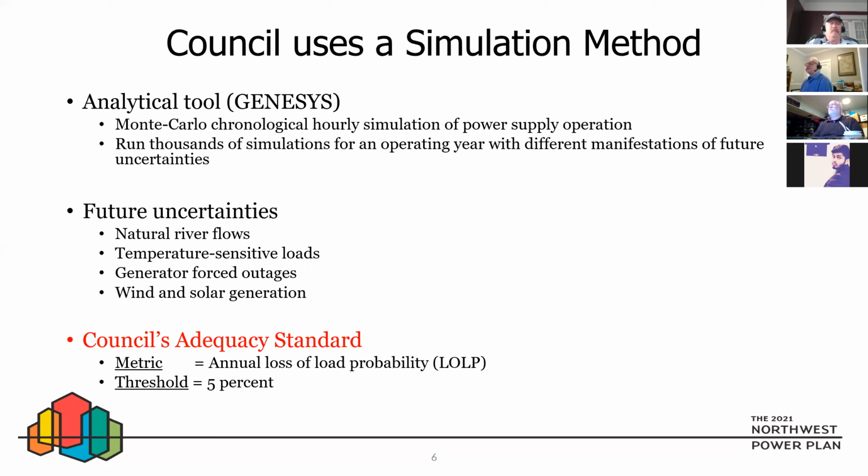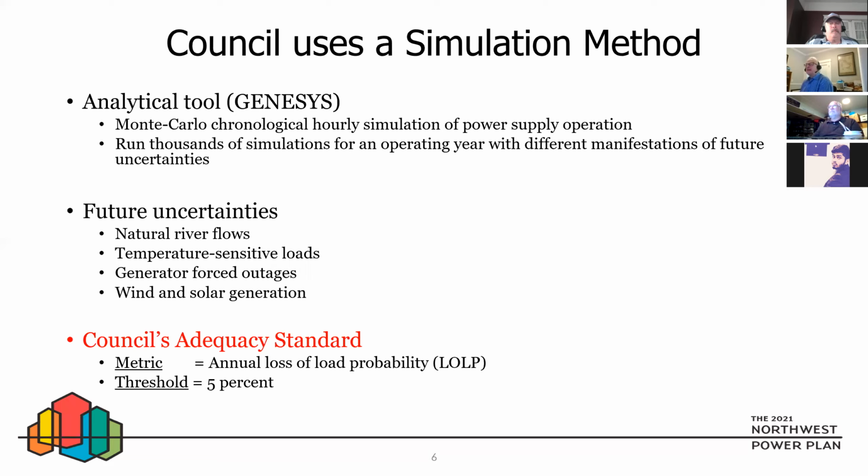But we run thousands of simulations for a particular future operating year, and it's an hourly simulation. Every time we run the operation of that year, we pick different combinations of future uncertainties. Those uncertainties are natural river flows, temperatures, and loads, obviously, generator forced outages, and different wind and solar generation patterns. And so we often run like 6,000 simulations for the same operating year, with 6,000 different combinations